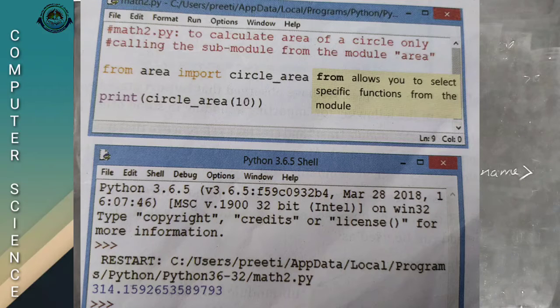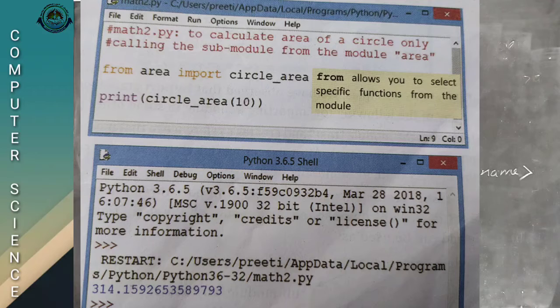Then here, did you see from area import circle area? We already explained its syntax: from module name import function name, from area import circle area. In the previous class we explained one program, the area module. Here from the area module we want to import the area of a circle.